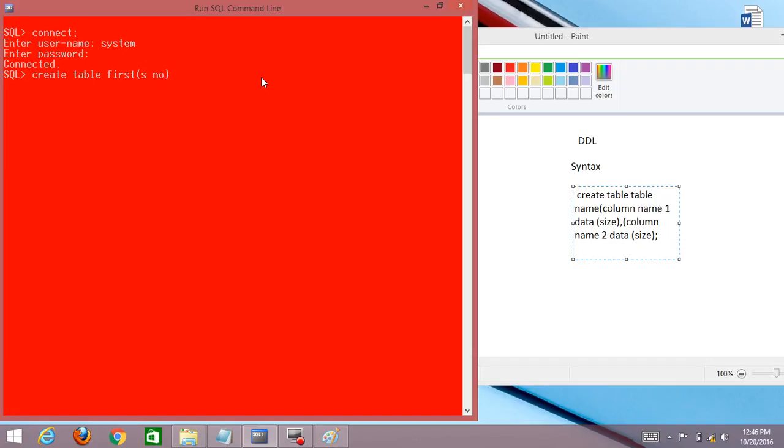Number is defined for 10 digits, only 10 digits. I am inserting data of 10 digits. If your requirement is 100 digits, write 100, or 1000, no problem. But I am inserting only for this purpose, to show how to use it, so it is for 10 digits.